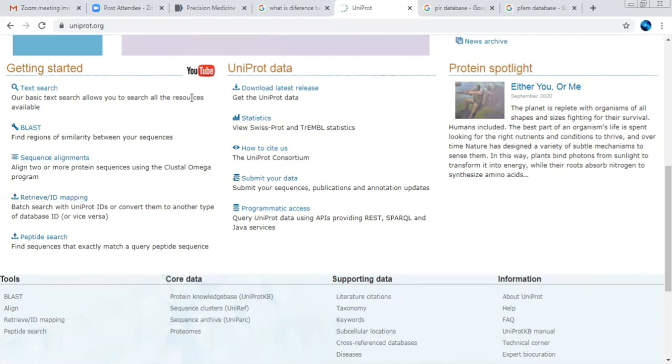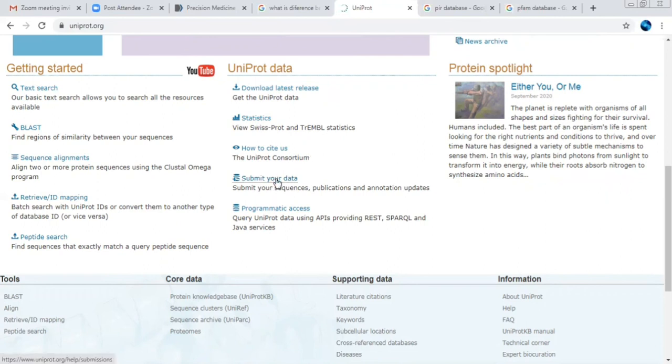And apart from searching, it will show you how to download the data. Yes, you can download this particular data. In the data set you can see, by clicking this, some statistical data they have provided, meaning they have shown how the data has been stored with respect to the different databases which have been linked, that is the UniProt and TREMBL database.